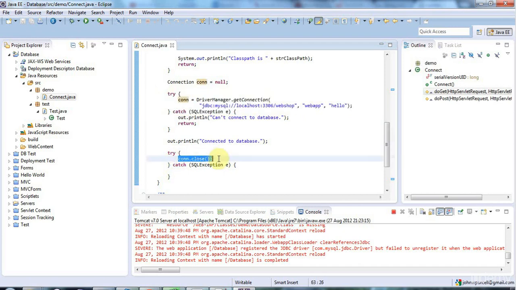Now the main problem with that is, as far as I'm aware, that if your servlets crash and they don't close the connection, then there's no kind of timeout for the connection, and there's no kind of connection pooling or reuse of connections. And I think that's the reason why this isn't really considered to be the best way to get a connection